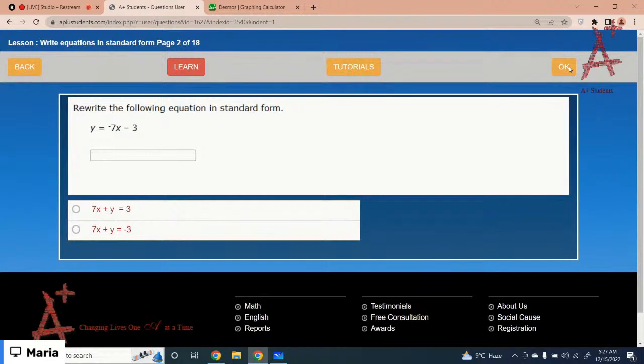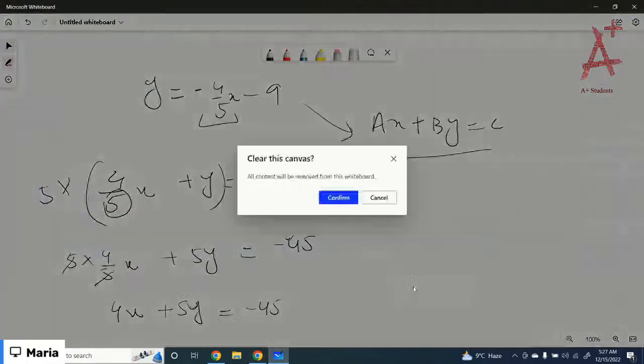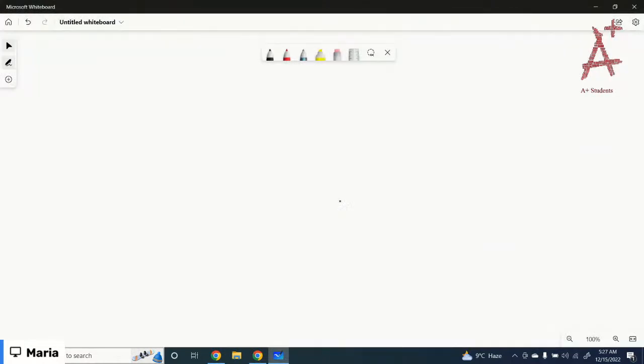Rewrite the following equation in standard form. Y equals negative 7x minus 3. Okay, you have to move the standard form of the equation is